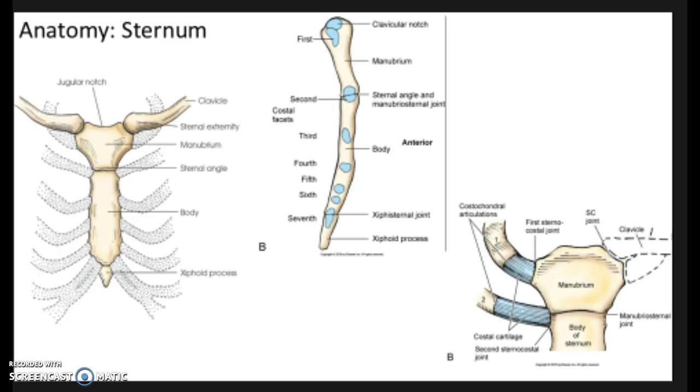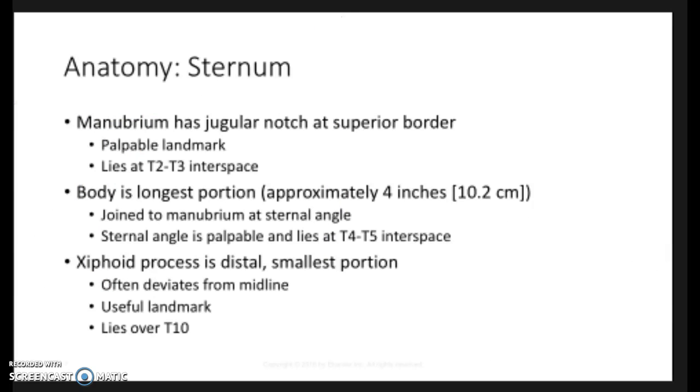It's the tip at the bottom, and the process is really very small. So the manubrium is probably 1.5 inches, and maybe the xiphoid is 1/2 inch. Some people have a pretty significantly sized xiphoid. As with everybody, it depends on the size of the person, and their anatomy is always a little different. But the xiphoid is about at T10, so that helps you know exactly where you lie. And here is a slide with all the anatomy that we just talked about. So you have it here where you can see it as well.